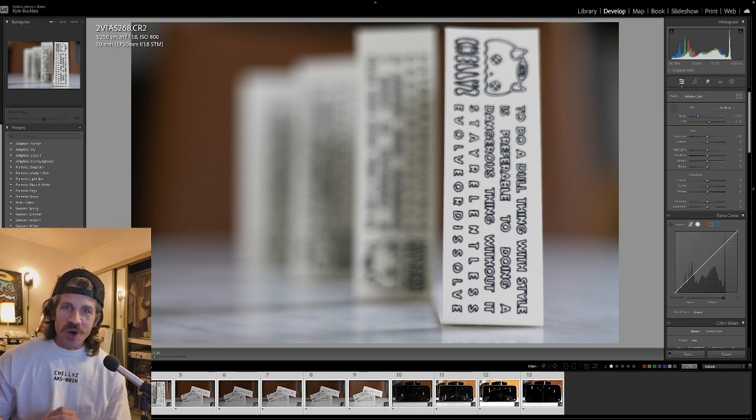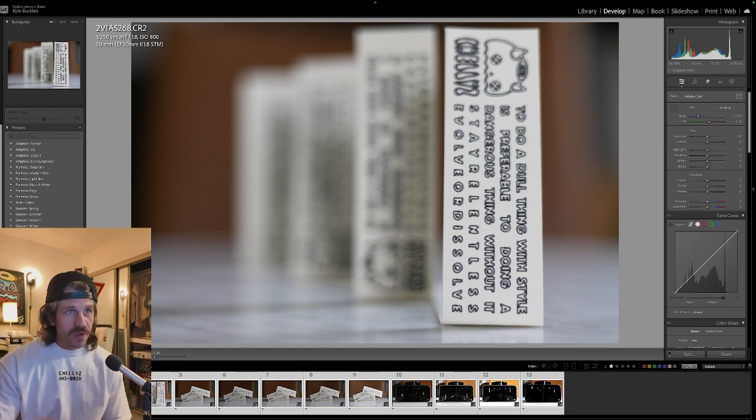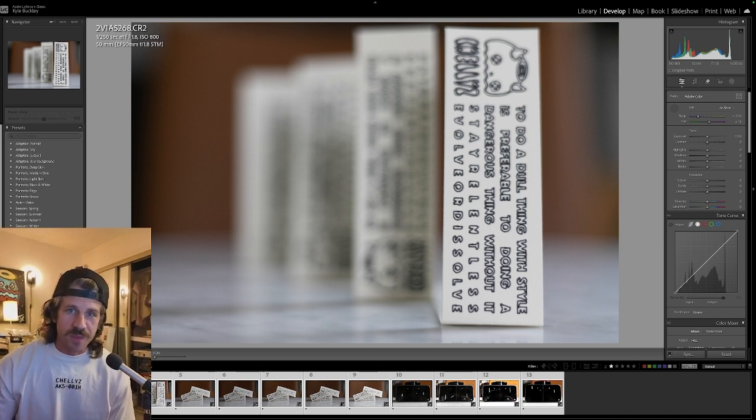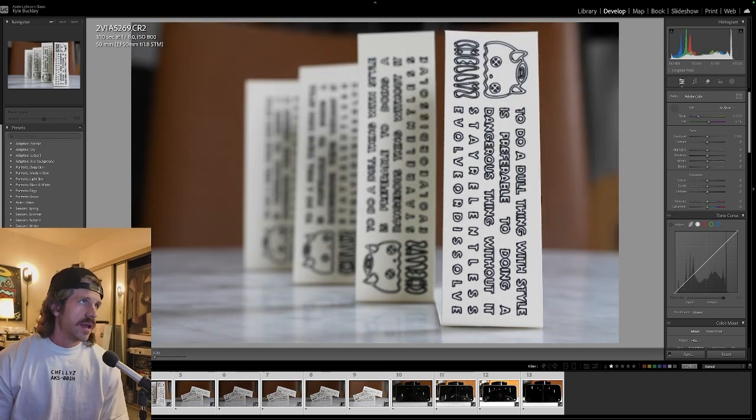When you choose a lower number on the aperture, the diaphragm blades are opening up wide. For example, this image right here was shot at f1.8. As you can see, the first piece of paper is in focus and everything else behind it is out of focus. In this next image, I shoot it at